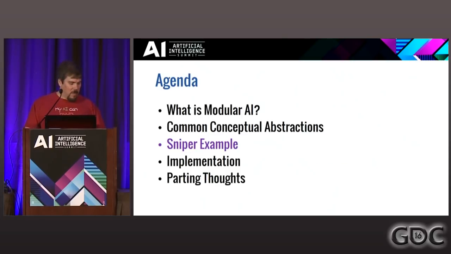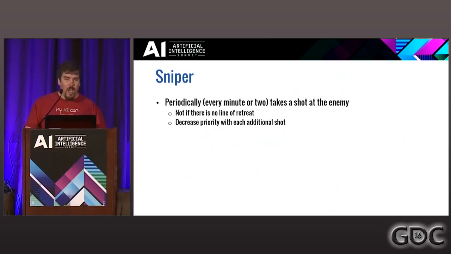So moving on to the sniper example. Imagine that we have a sniper character, and this is drawn from a real character that we did build, although it's not exactly out of that character. And the sniper does a bunch of different things. He can move away, he can whatever other things he needs to do. But one of the most important things he's going to do is be in this sniping behavior,